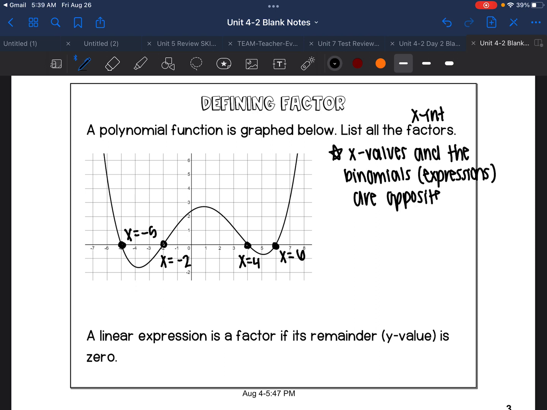Okay? They are opposites. Now, what that means is, since we're trying to list all the factors for this polynomial